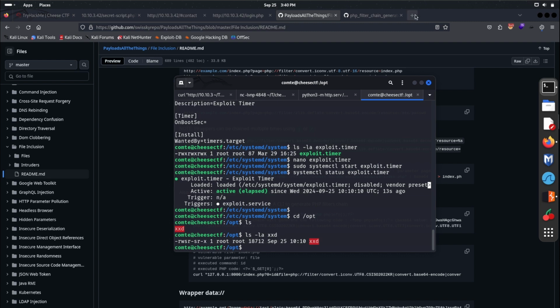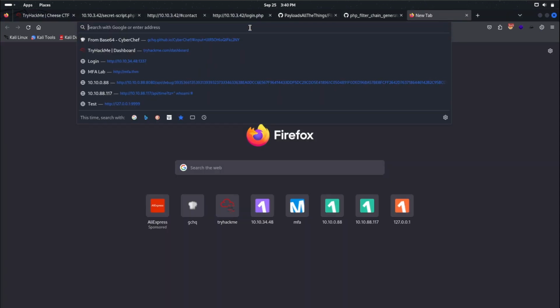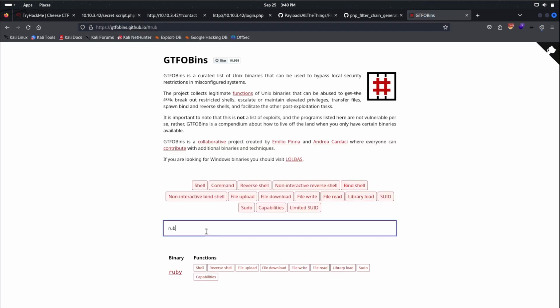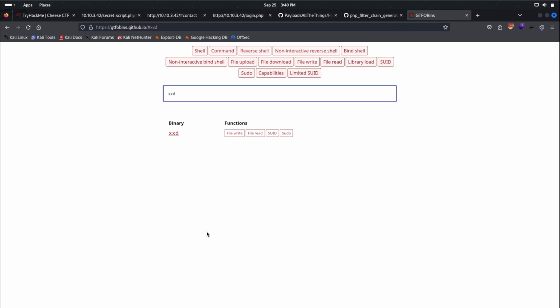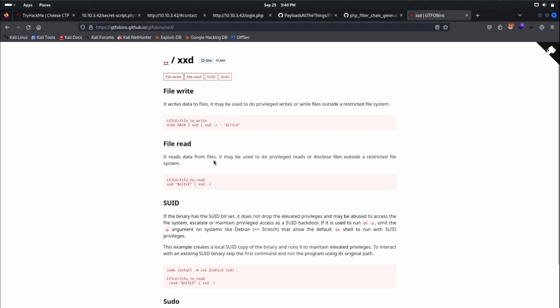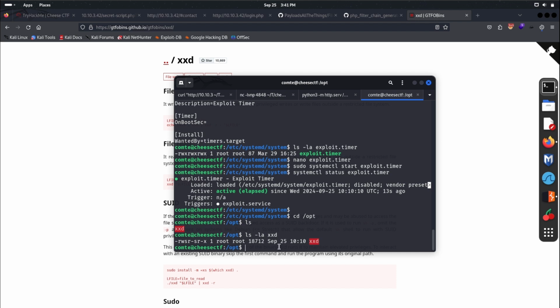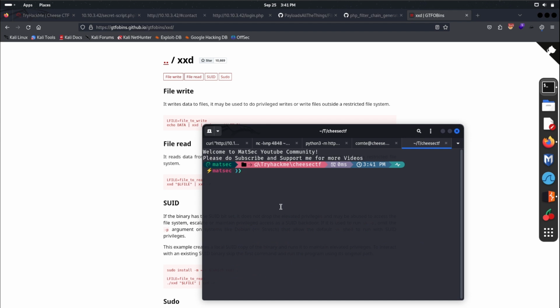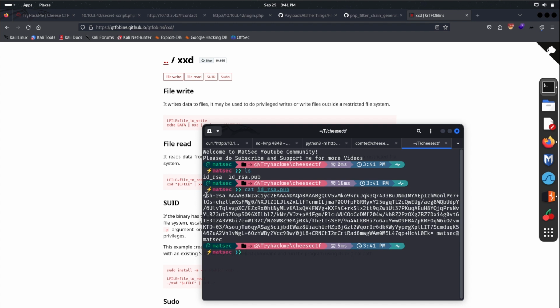So for now, what we have to do is go directly into GTFOBins to check how we can use this xxd to escalate the privilege. We type xxd and enter. So after checking this, you can write a file into the root folder. So what we can do is, first we need to go to our local machine and grab our public key, cat id_rsa.pub, and just copy this,